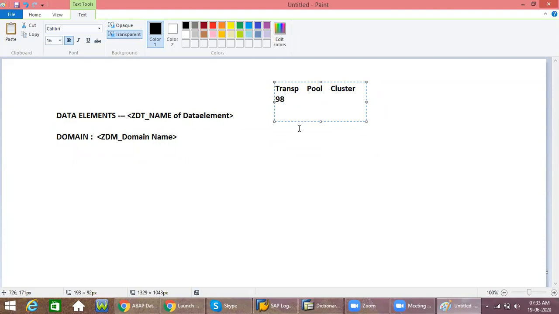But we need to know what a table is, how to create it, and what the purpose is. In real time we won't use this, but you can keep it in mind.